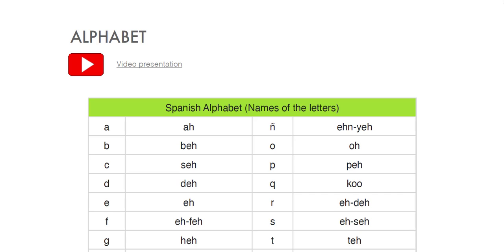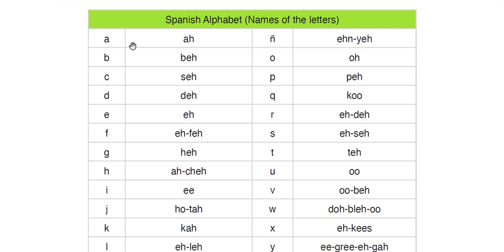Alright, let's go over the alphabet, both the names of the letters and also the sounds that the letters make. So, here we go. We've got letter A, B, C, D, E, F, G, H, I, J, K,